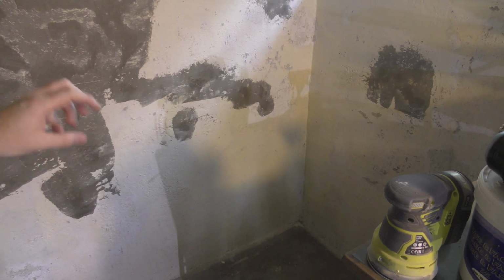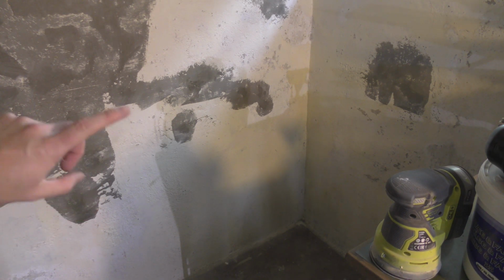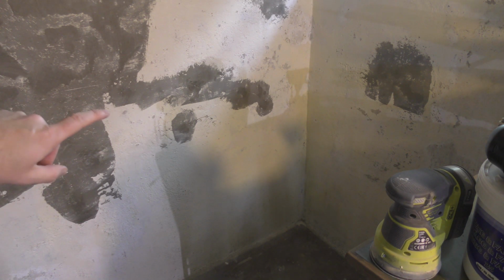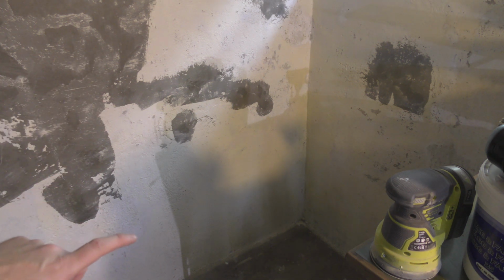Okay, the dust has settled a little bit, and in the comments I have got a lot of suggestions on how to kill this black mold in there. I actually think I did a decent job. But I found a good suggestion that said that everything over 55 degrees Celsius would kill the mold. And I thought, okay, how the hell should I heat up the wall to 55 degrees? That's not a small task. But came to think of it,